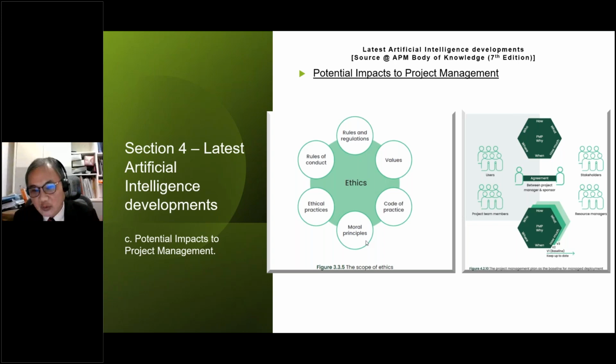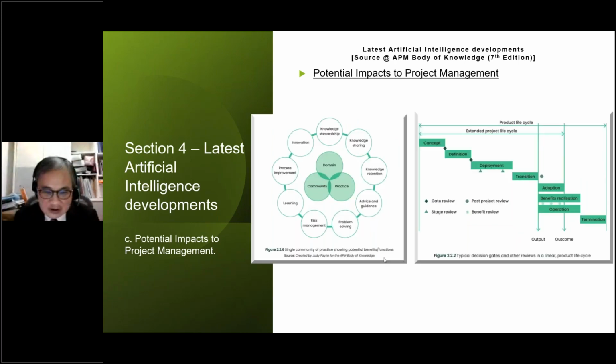We will need to think about the copyright issues in using these AI, the rule of conduct, our moral and ethical views, and we will also need to consult all the stakeholders and our sponsors on the AI by the five Ws: who, what, where, when, and how, and why expect.